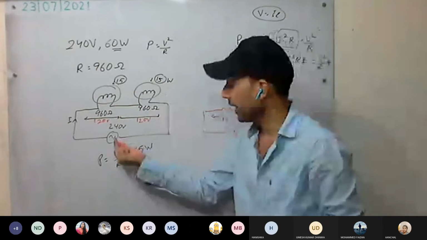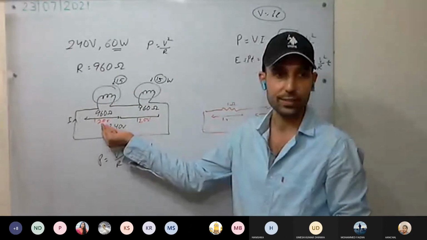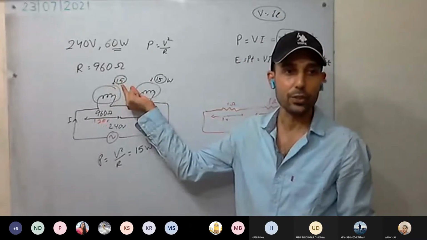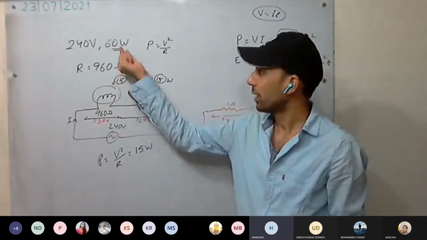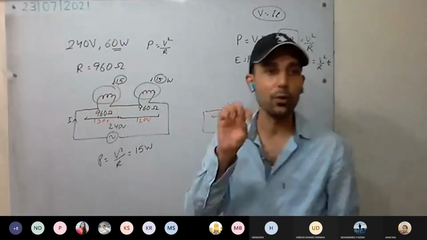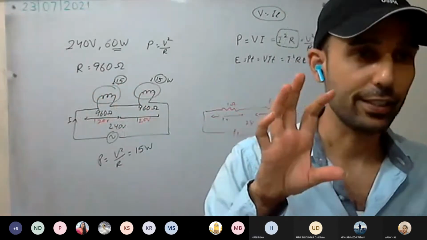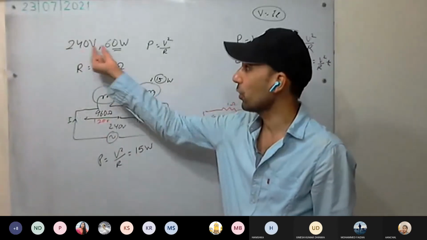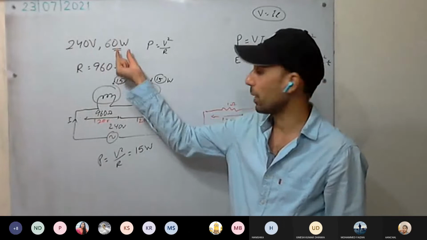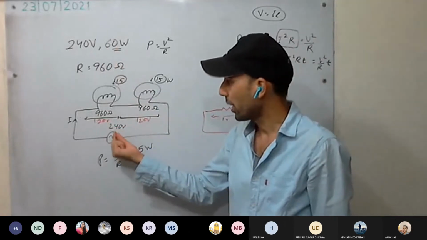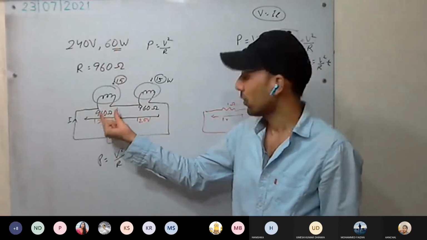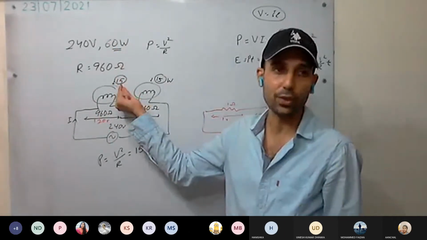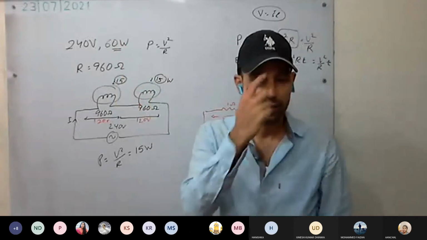Okay. So what you are seeing here, as potential difference has halved across the bulb, power has dropped by 1/4. Yes or no? Yes, sir. So 1/4 intensity will be there. Earlier it was 240 volt across this one. It was consuming 60 watt power. But now half the voltage is available across it. It will work at 15 watt. That is 1/4 power. Understood this one?